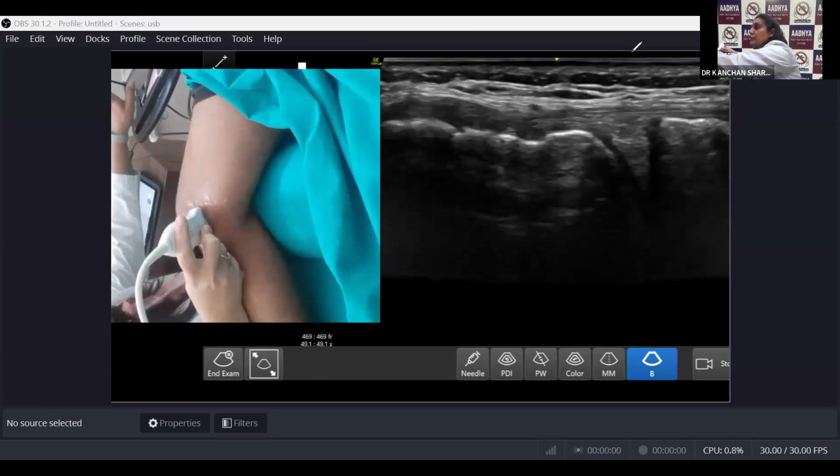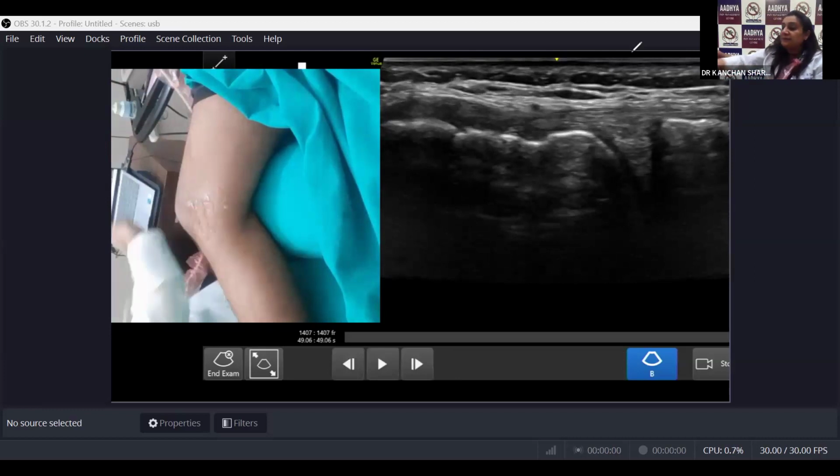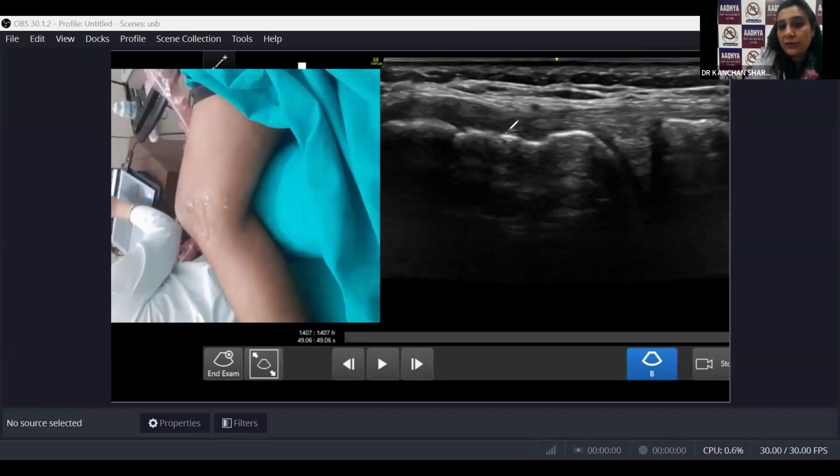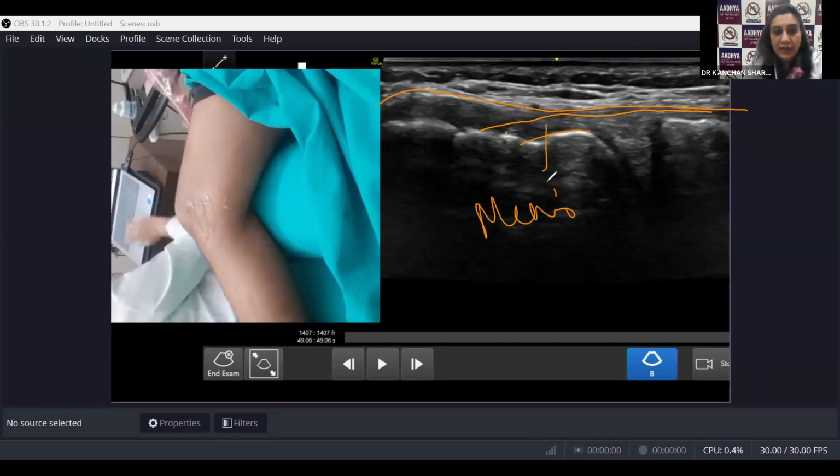So let me just show you. Okay. Now, this will be your superficial layer which is going. Okay. And this is your meniscofemoral. And the other one is your